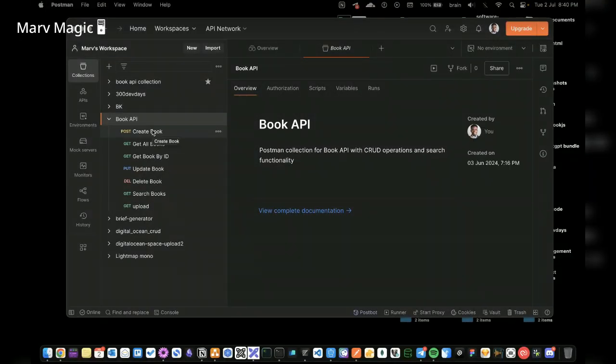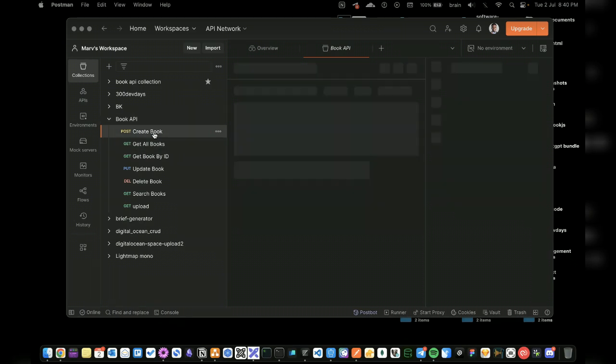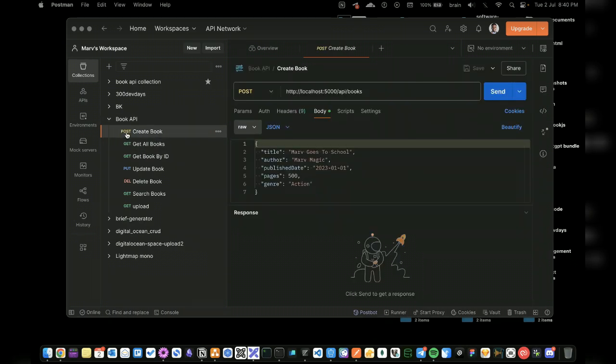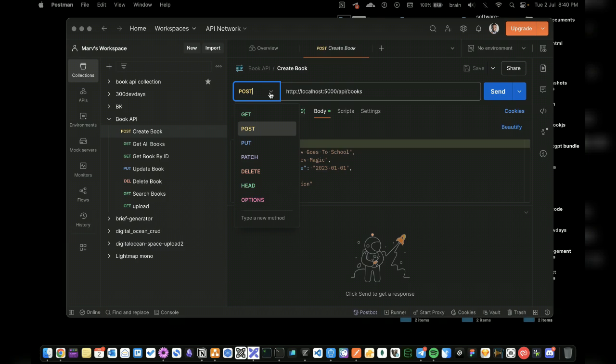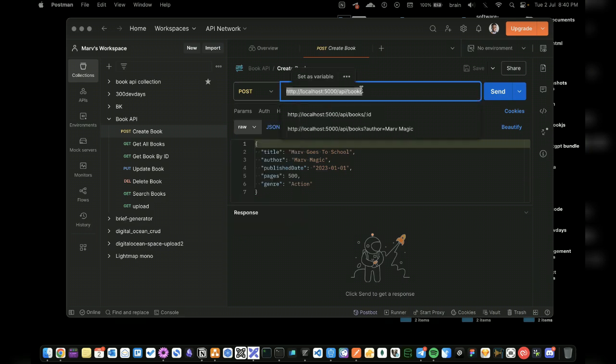So these are basically requests. Create book, a request to create a book with a post verb, right? So this is a post request. Remember, these are the HTTP actions that can be performed on each resource. So when we call it a resource, basically this is an endpoint, or we can also refer to that as a resource, because if we call this, we're expecting to get a response, and the response should contain some books.